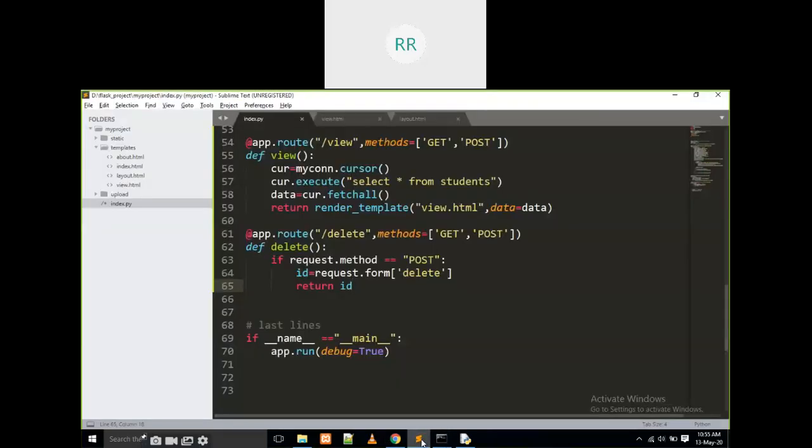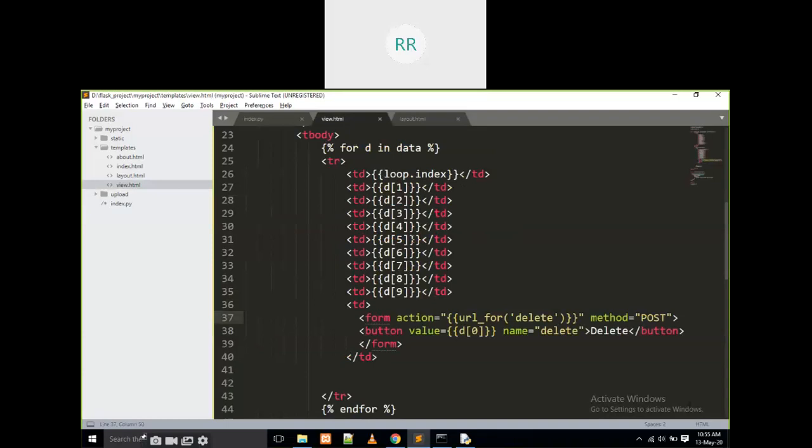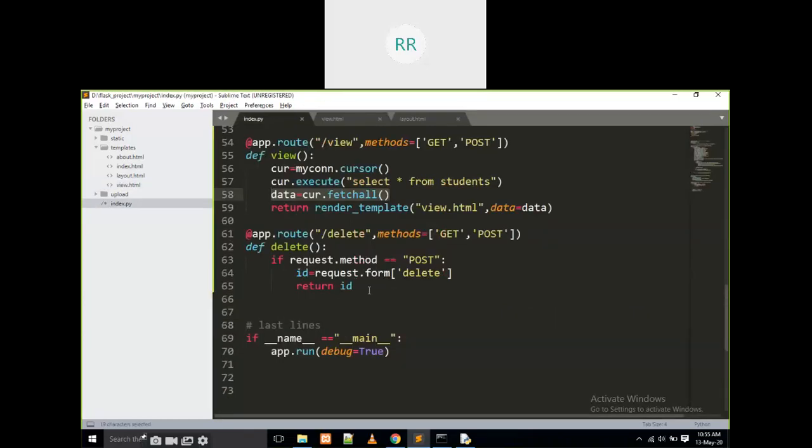If you observe what I am doing here, if some data is in the HTML page, I am moving it into the Python page. If some data is in the Python page, I am moving it into the HTML page. There are only 2 tasks. Yes, is it clear or not? Here in the view session, the data is in the Python file. I am going to move the data into the HTML page like this. Here the data in the HTML page, I am moving into the Python page. Yes, it is moving or not? Is it okay everyone, what I am doing?